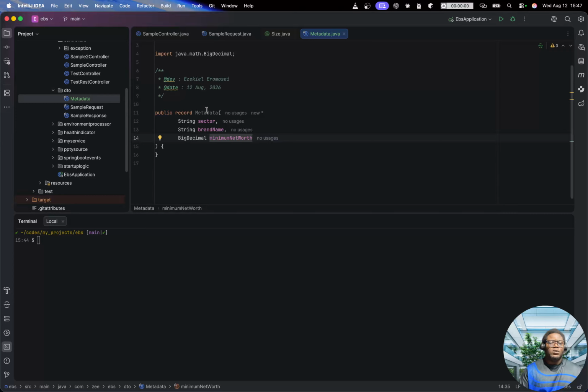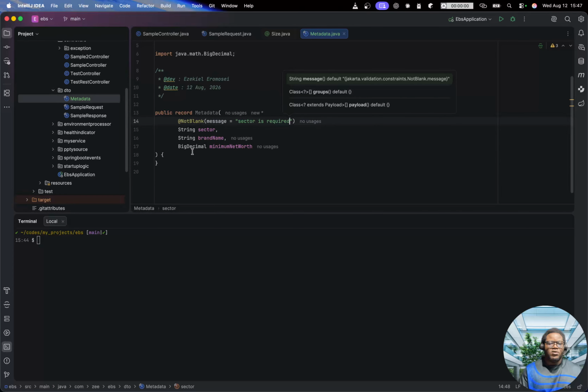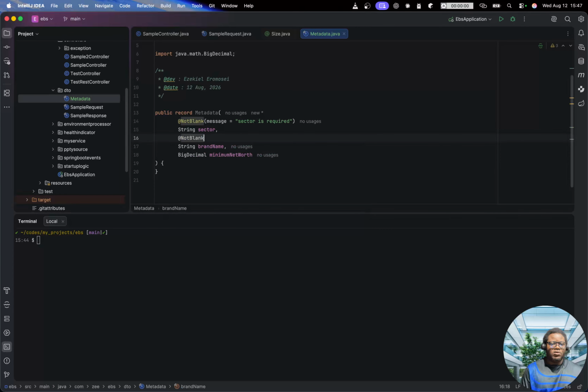Now the beautiful thing is, we are just going to add the same constraints we already know. We're going to add NotBlank. Remember, I mentioned something pretty cool about NotBlank: the reason I love using it for strings is that it handles not empty, it handles not null, and it handles whitespace characters. That is why I prefer NotBlank to just using NotNull or NotEmpty. On sector, let's say the message is "sector is required". Here also I'll say NotBlank, and the message "brand name